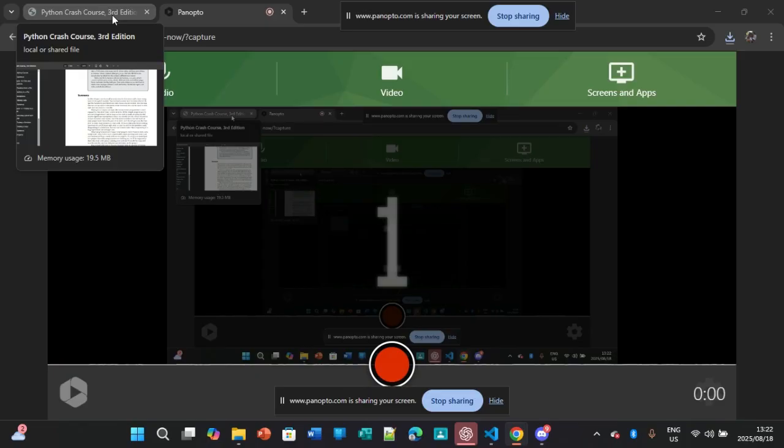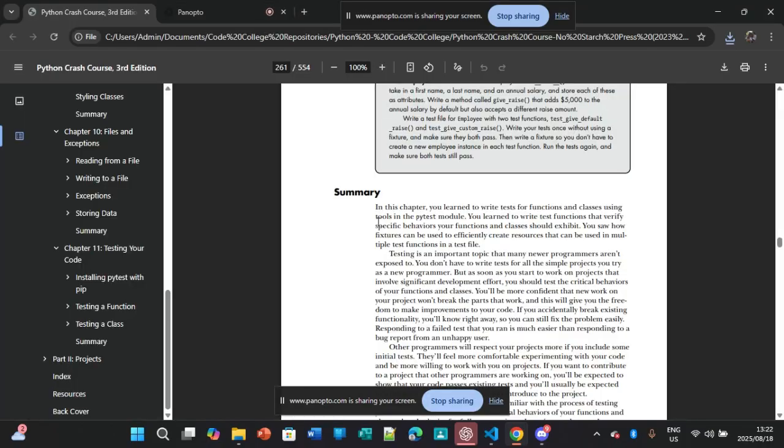Another day, another chapter. Today I'll be discussing chapter 11, which is testing your code, right? My navigator will be Litamile. In this chapter, you'll be learning how to write tests for functions and classes using tools in the